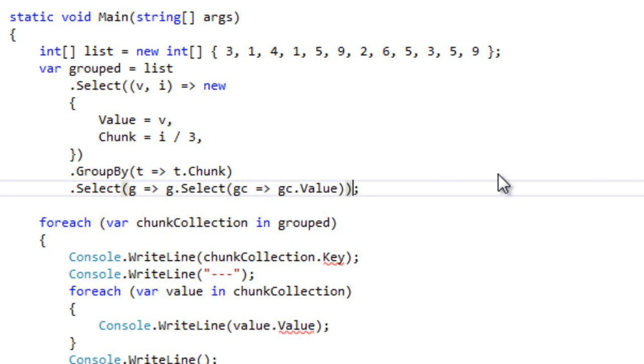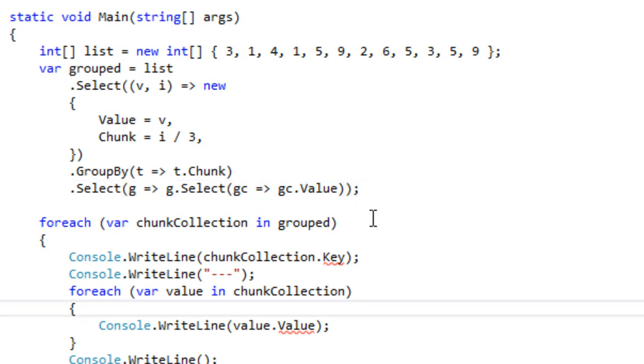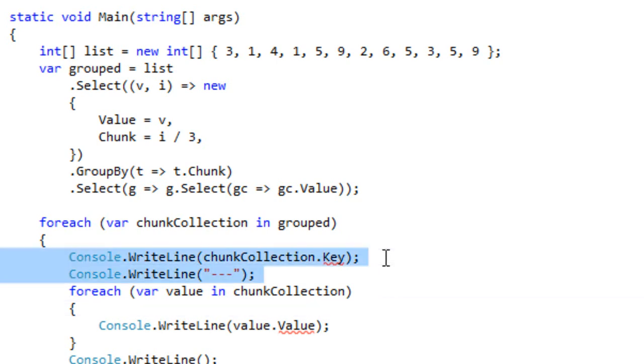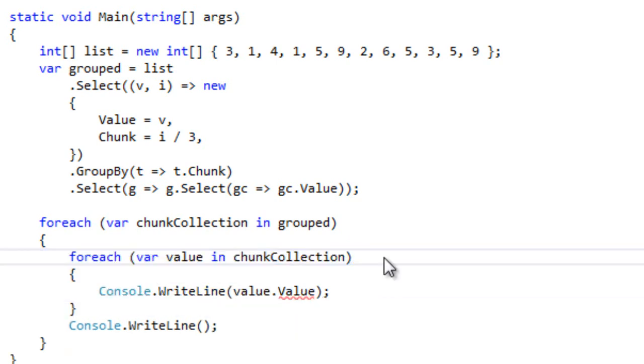So in this particular case now, what I've done is I've taken each one of these collection of chunks, and here I've dotted in and projected the value only, so I've effectively detuplized that collection. So at this point in time, I no longer have a collection of groups. Instead, I just have a collection of collections at the end of this select statement. So I'll get rid of this key, and now I can iterate, first of all, through my collection of collections, which is in group. Now I've got the chunk collection,